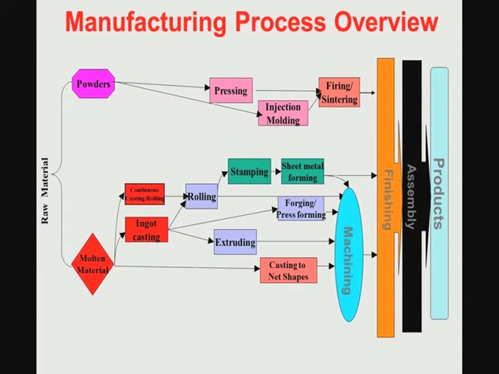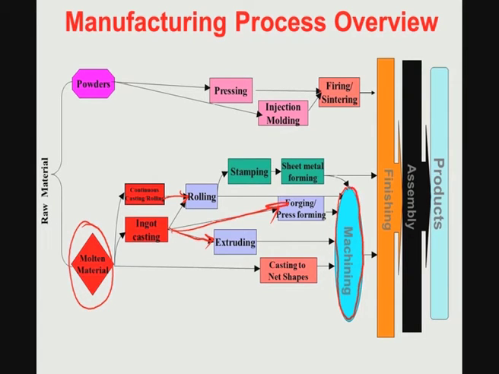So, now there are two routes that you can process these metals. One is the molten metal route. So, you make this steel based material, let us take the example, make the steel based materials. So, you do this continuous casting or ingot casting, you give it a particular shape, then it will go through a series of processes like rolling to make plates, like metallic plates, or you can extrude it to make rods, or you can do forging and press forming, and then ultimately you need to make